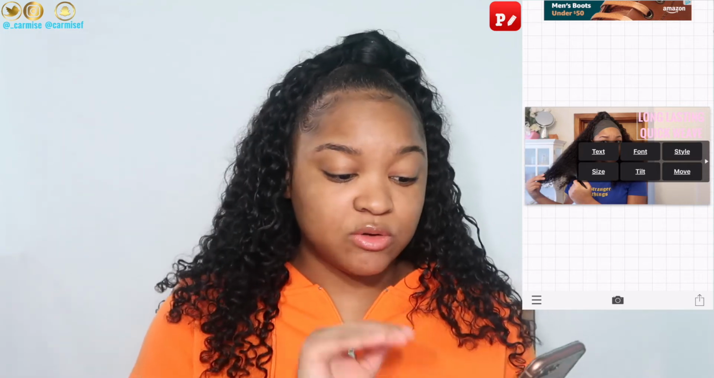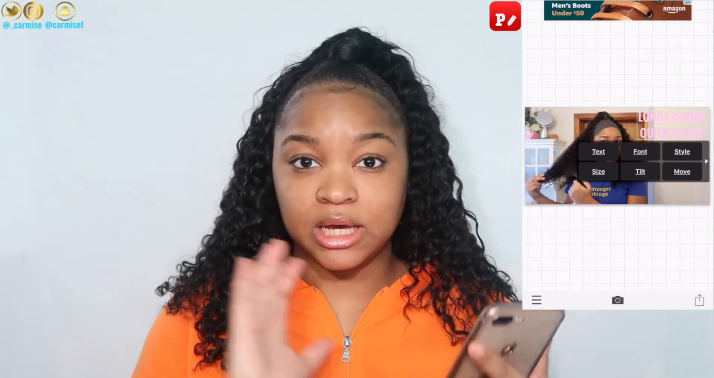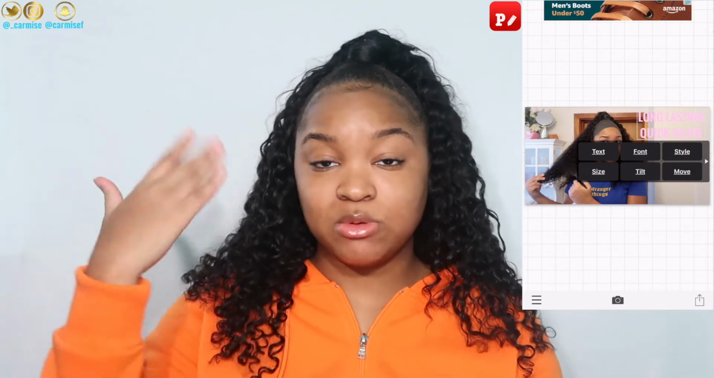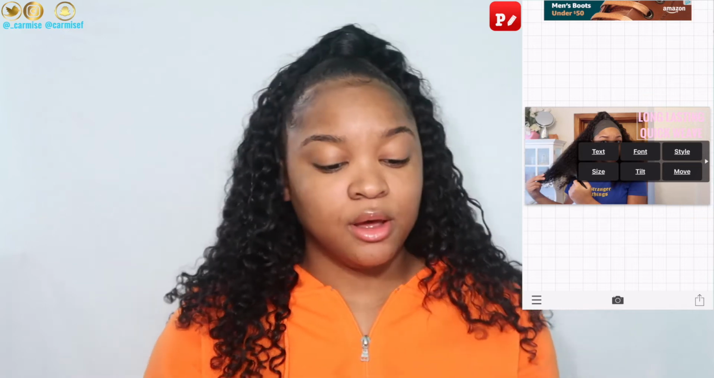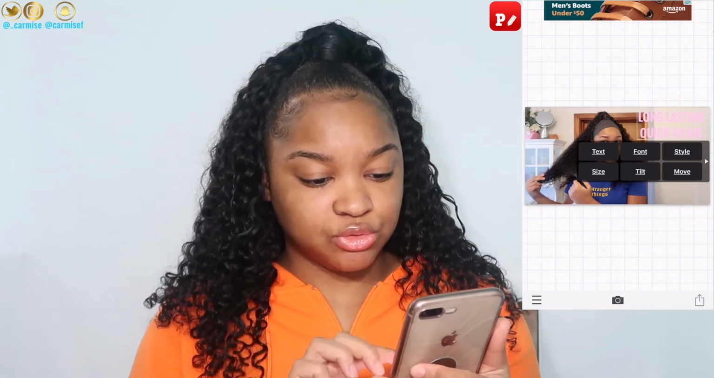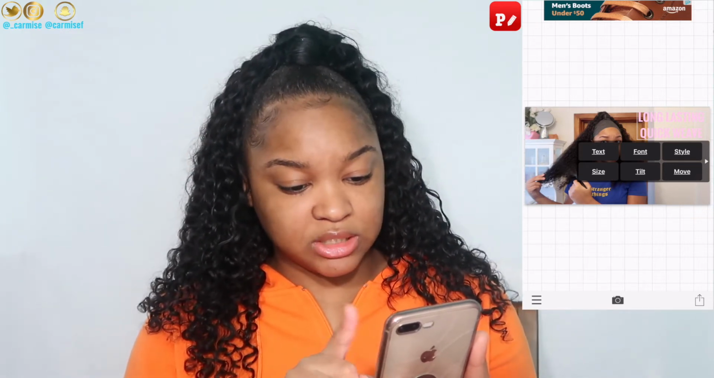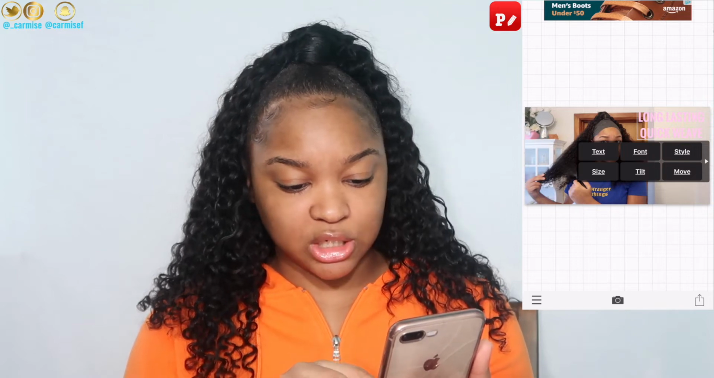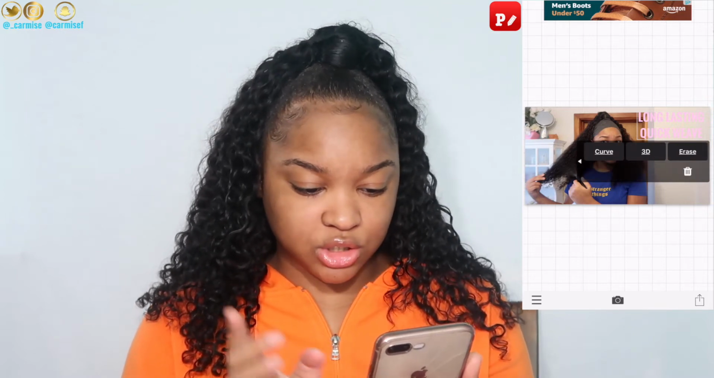So this color right here is pink, like a light pink, it doesn't go well with it. If the background was black, then yeah, it probably would, but it doesn't. So you'll go to, as you guys can see, there's text, font, style, size, tilt, move, and there's also curve,